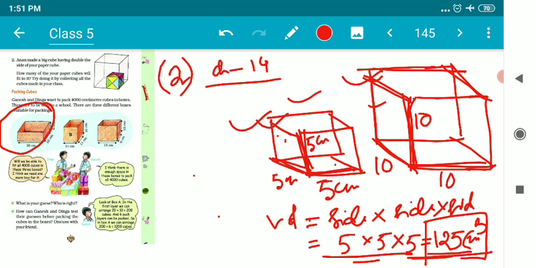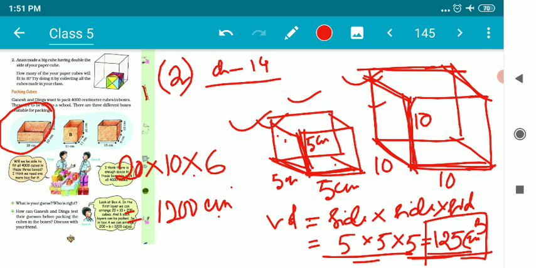So we can simply calculate its volume. 20 into 10 into 6. That's going to be 200 into 6. It will be 1200 centimeter cube. We can easily get the volume of the first one. The second one is 11 into 11 into 10. So 11 11s are 121 into 10 results in 1210 centimeter cube, the volume of the second one, B. And C is 15 into 9 into 10. So that's going to be 150 into 9, which results in 1350 centimeter cube.